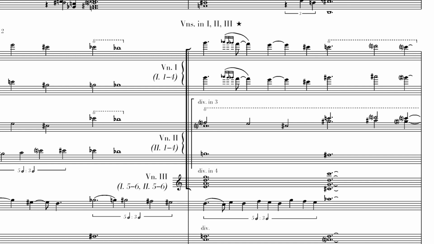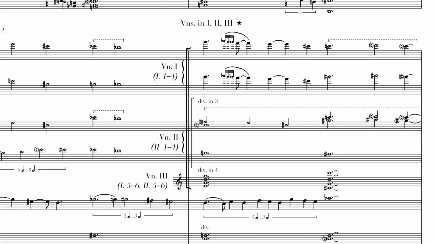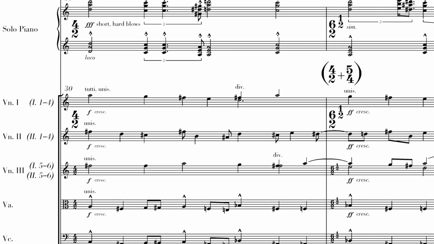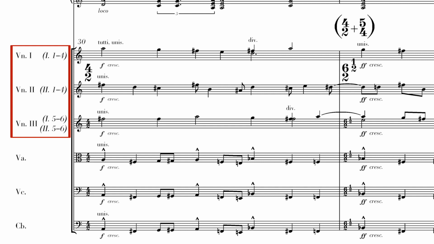And then this is happening in the middle of the page, though, right? It could be happening at the beginning of the page. Well, to show what happens in that case, here's a page that comes later. You'll see it's been put right here in the margin, exactly the same information as before, with the redistribution of the violins indicated with parenthetical text comments. So this is how the back and forth of the 2-way and 3-way broad divisi of the violins are handled in the 4th movement. But there's more.